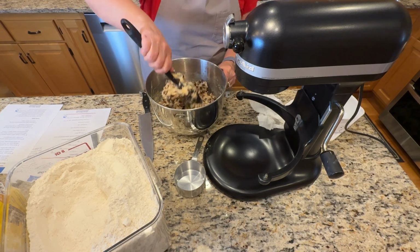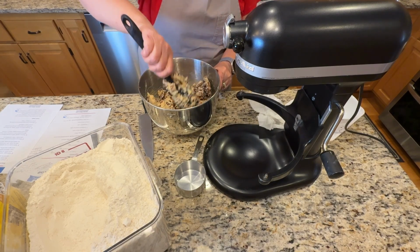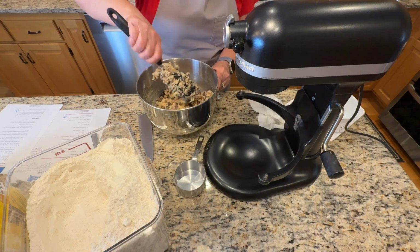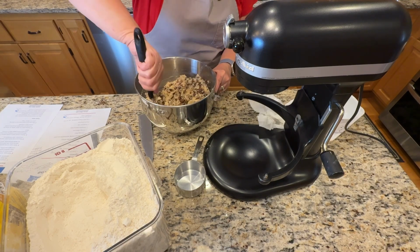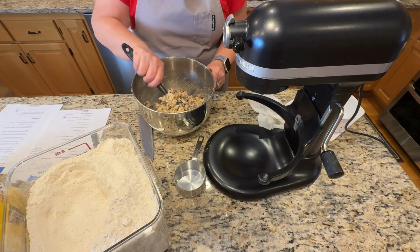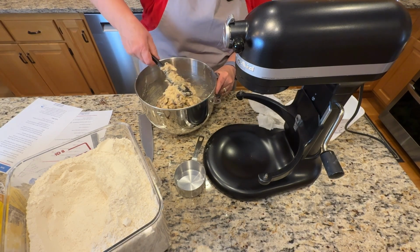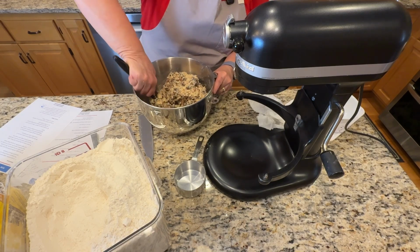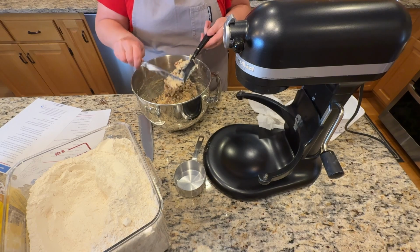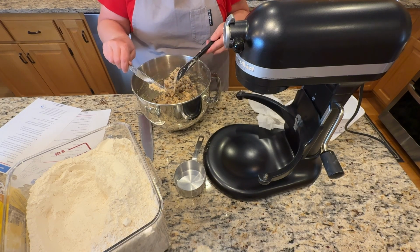The good thing about this dough too is you can form the cookie dough into balls and freeze them and pull them out as you need them. And the baking instructions don't really change either. And they're only baked at a temperature of 300 degrees, so it's kind of a low and slow bake. Okay, those are nice and mixed up. And we're going to form them into balls and put them on parchment paper and bake them in a 300-degree